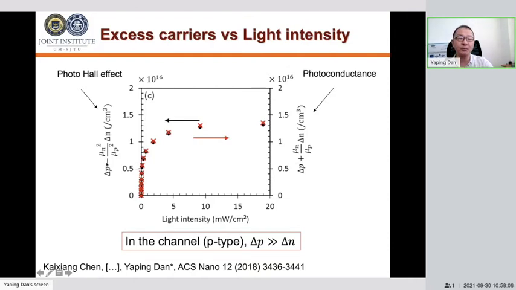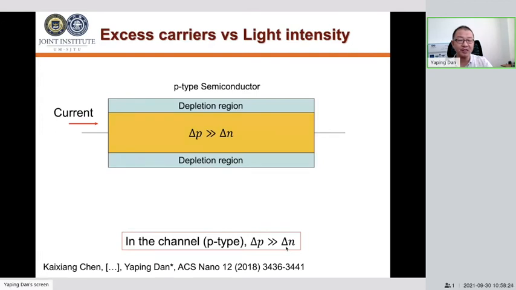The only possible explanation is that delta n is much, much smaller than delta p. So delta n can be ignored. That means inside this channel, delta n is much, much larger than delta p. That makes sense because